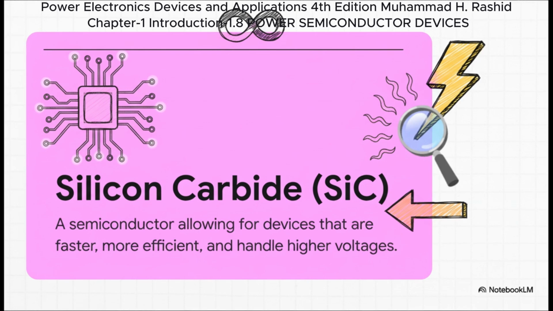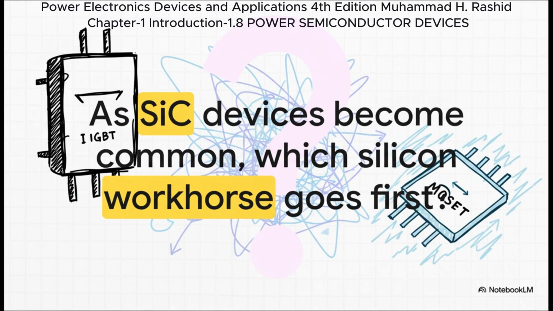Remember how I said you had to choose between power and speed? SiC devices let you have both. They can switch faster, handle higher voltages, and run hotter than silicon, all while being more efficient. It's a true game changer. And this leaves us with a really fascinating question for the future. As these new silicon carbide devices, which can do the job of both a high-power device and a high-speed device,